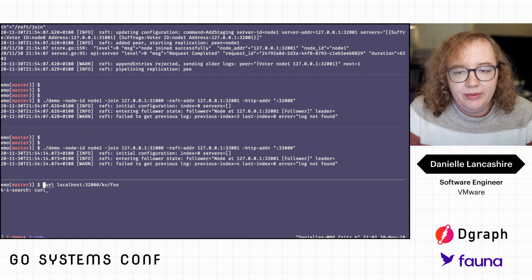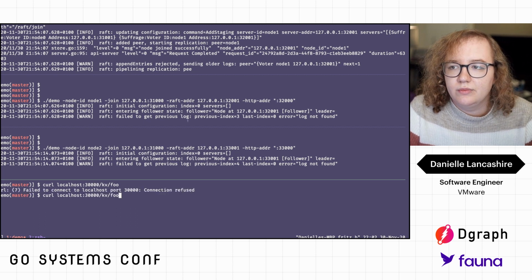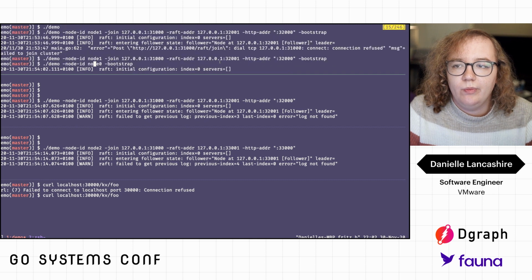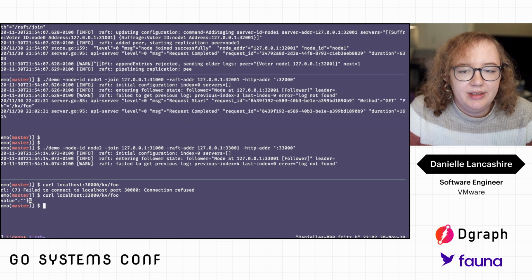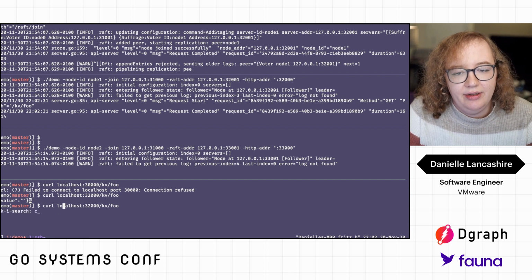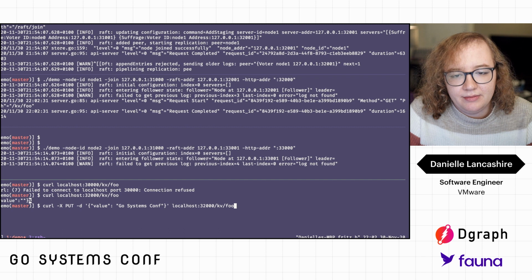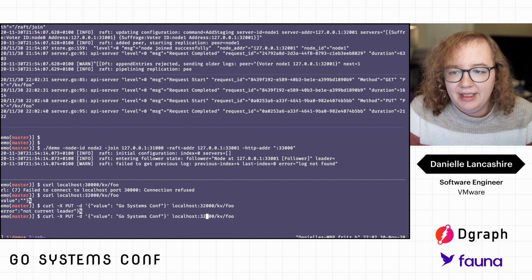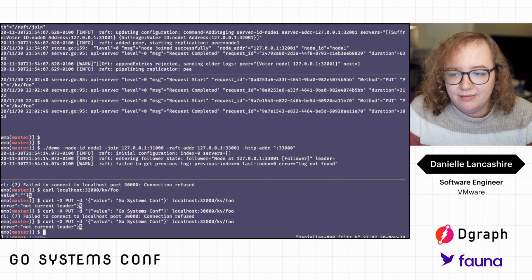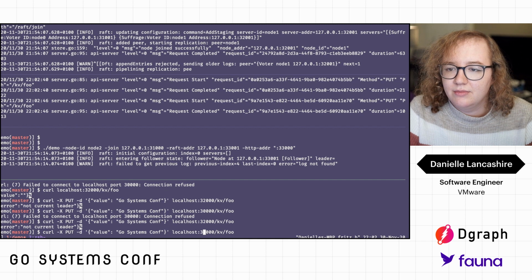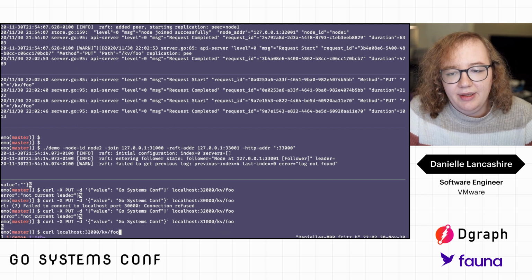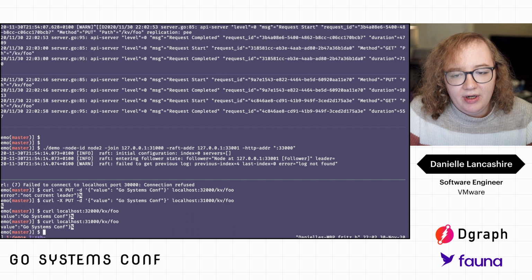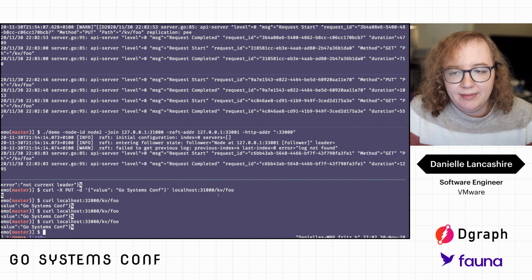If we try to get a... I did the wrong pod. So if we try getting a key, you can see there's nothing set. But if we write something to the leader, that is not the leader. Oh, 31,000. That writes successfully, and then we can get that back from any of the nodes because it already transferred over,